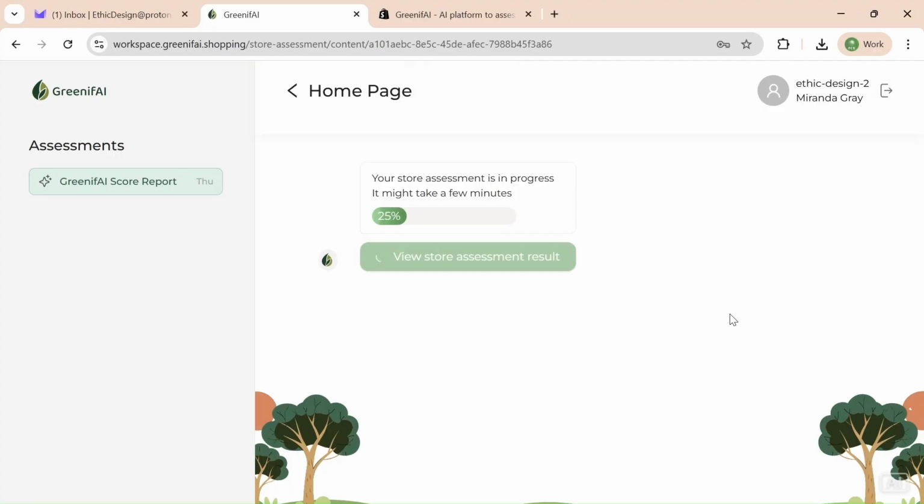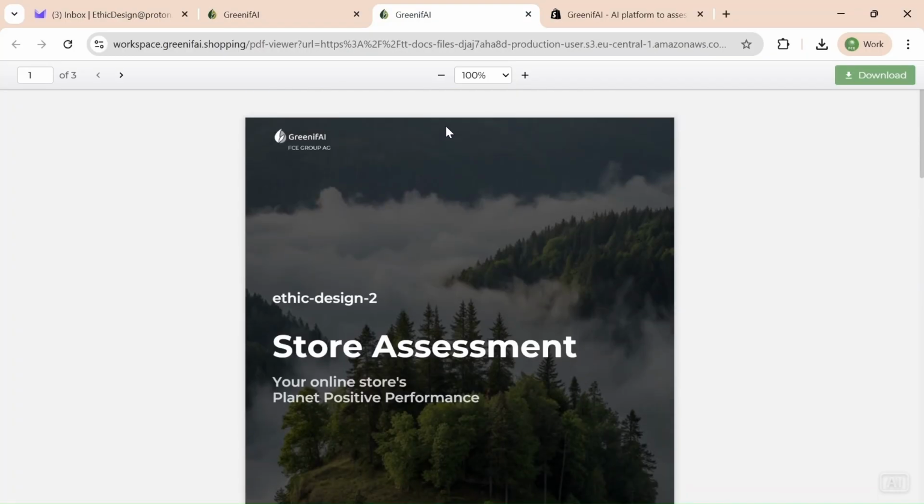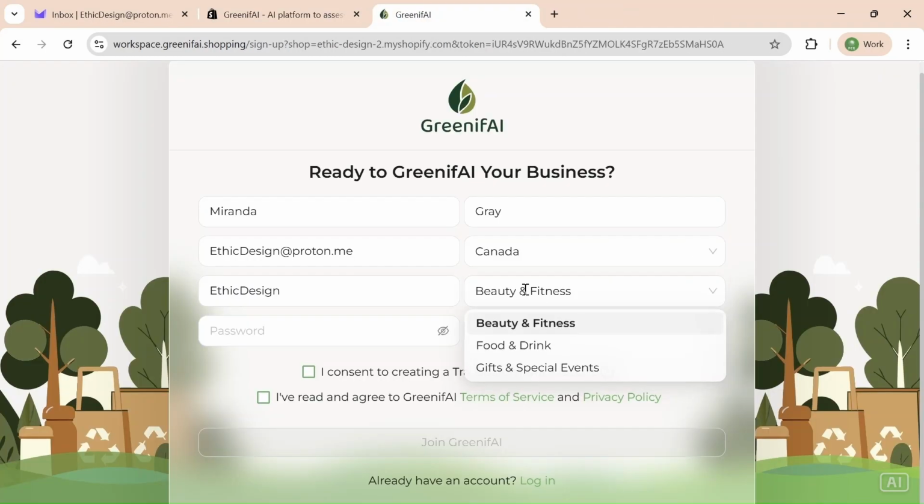When assessment results are generated, you can open them in a new window and download the results as PDF. As a final step, you can install the Sustainability You Can See banner on your storefront page to signal your eco-commitment to your customers. By clicking the Install button, you will be redirected to your store's Shopify admin page, where